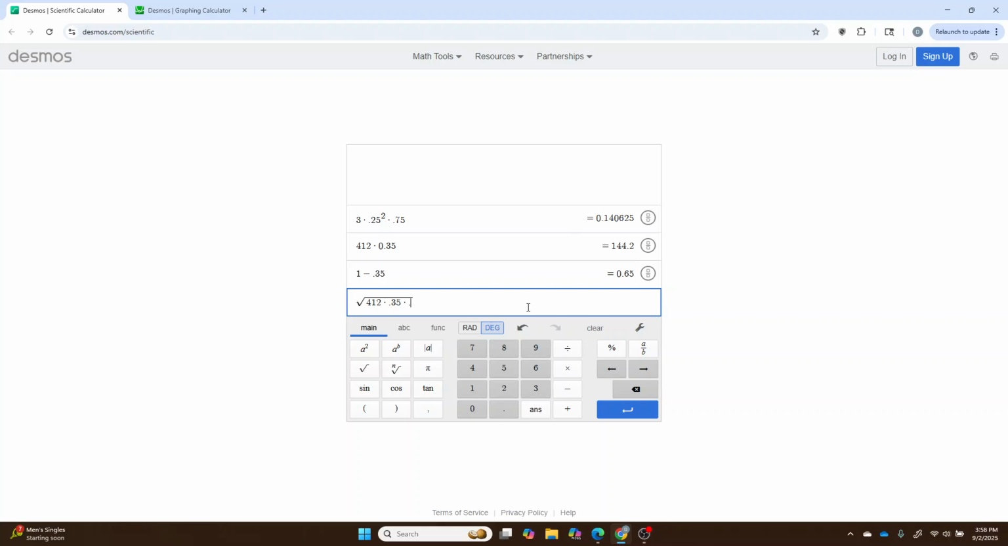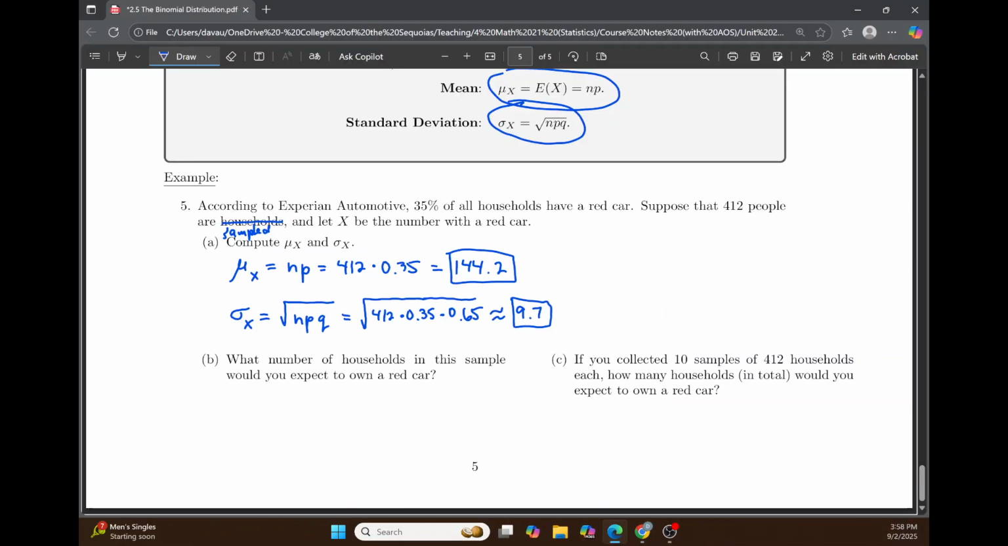Notice how much easier it is to compute standard deviations when you're dealing with probability distributions. Okay, this is a much easier thing than back in chapter 1, right? But now we have a couple follow-up questions. Part B says, what number of households in this sample would you expect to own a red car? Well, remember that the expected value is just the same thing as the mean, right? The expected value is equal to the mean, which is